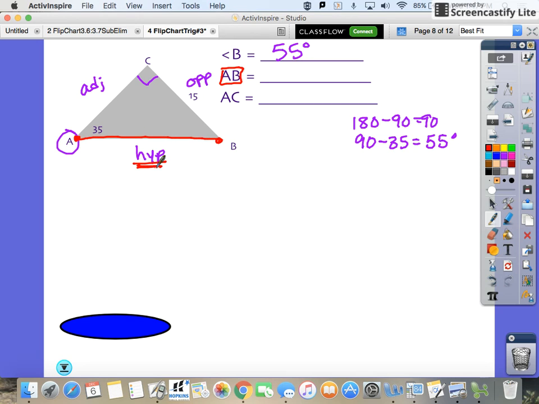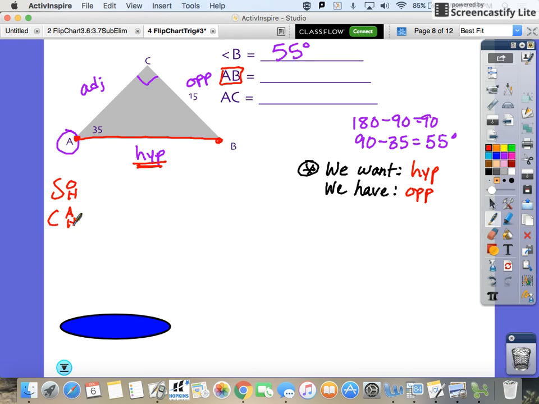All right. AB is called height. So this is the hard part. We want and we have. We want the height. We have this one, 15, the opposite. So H and O, SOH CAH TOA. H and O is this one. You've got to use sine. So we're going to say, sine of the angle we were given is equal to the opposite